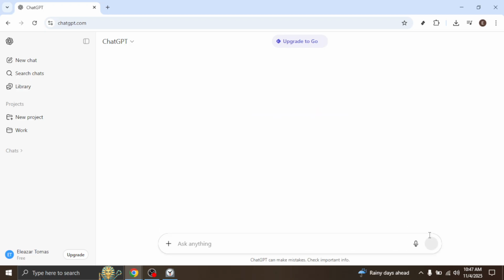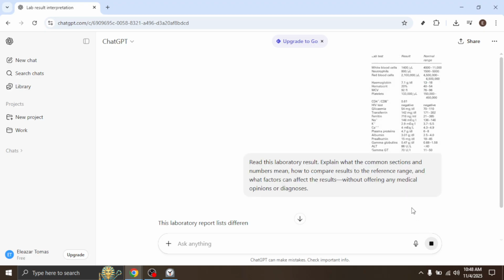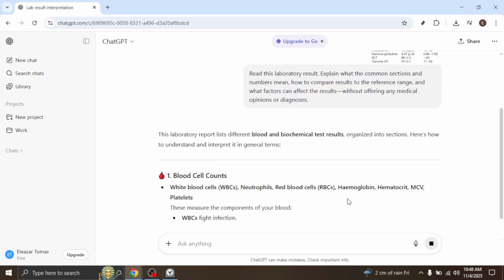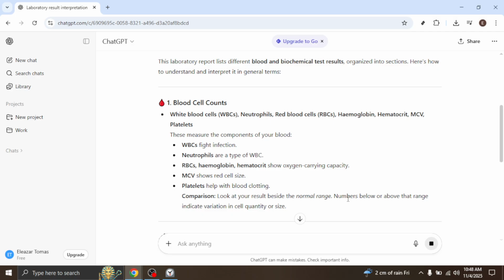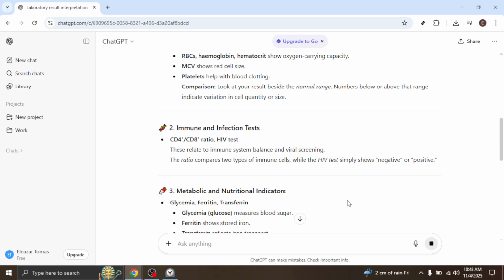ChatGPT will take a moment to process the information and then provide you with an explanation. It might break down each section of the lab report, giving clarity on what the numbers indicate, how they align with standard reference ranges, and what variables might impact the results. This explanation is designed to boost your understanding, making it easier to infer the intricate details of the lab test results independently. Following through with these steps effectively employs ChatGPT's capabilities to enhance your comprehension of medical reports, providing insights